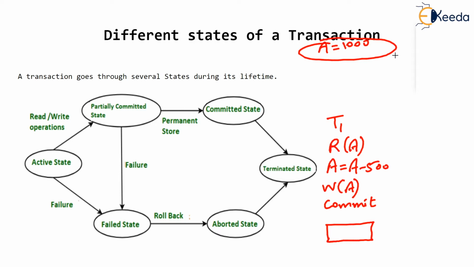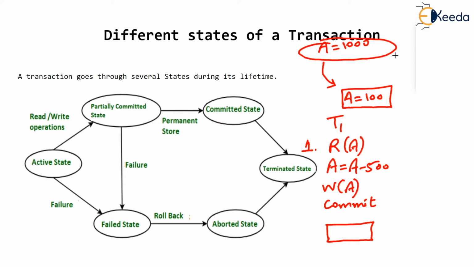And we have one more buffer which will be responsible for holding the values that are to be committed. So whatever commit will be done through this buffer. Okay. So now let's execute our transaction again, and we will purposely fail our transaction after a few operations. Let's execute read A, the first statement. Now this is the read operation on A for the first time. Then the value of A will be first taken to this main buffer, where A will be 1000.